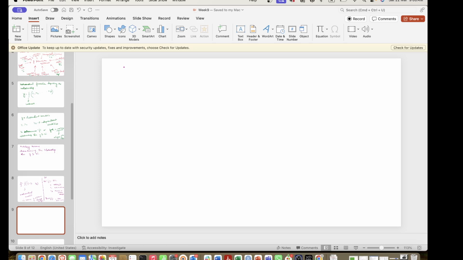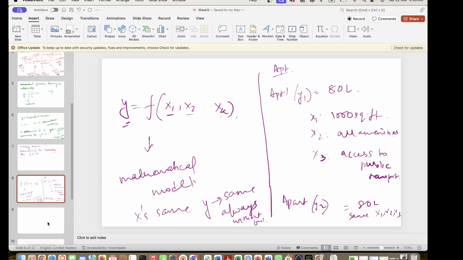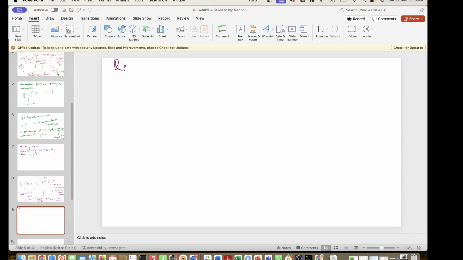Those are like universal mathematical models, PV equal to nRT or something like this. So these things will definitely hold true, or Fahrenheit to Celsius conversion, let's say. So these models are actually mathematical models. But in real life,